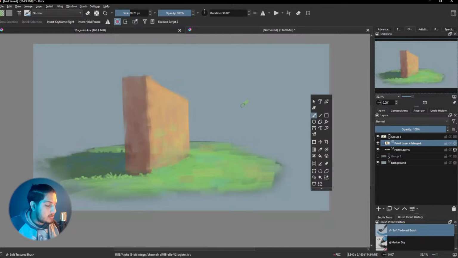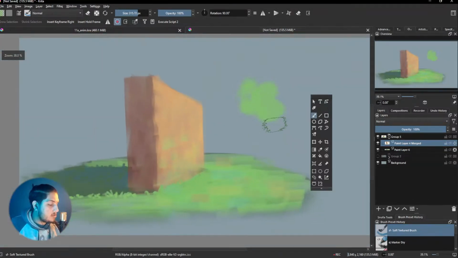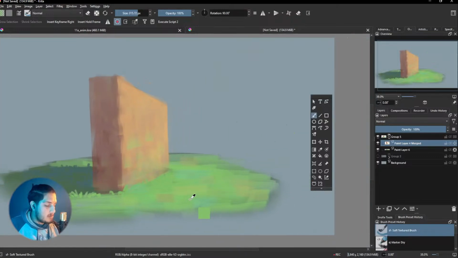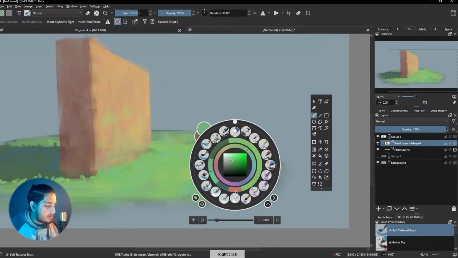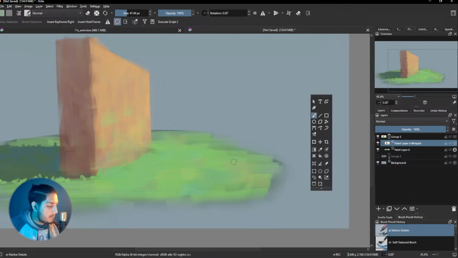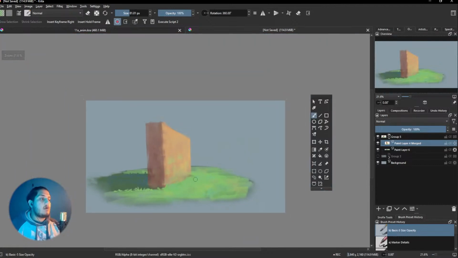And we have only one brush left, which is just a soft brush. This is a textured soft brush which gives us nothing special. So we're just gonna use this to blend the colors around. And instead of blending with the regular brush, what you can do is just pick your default round brush which comes by default with Krita, and we can just dab around and give it a feel of a grassy land here and there. And this is how we have a nice